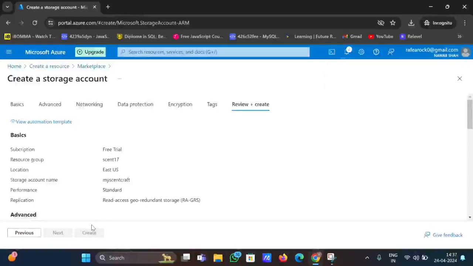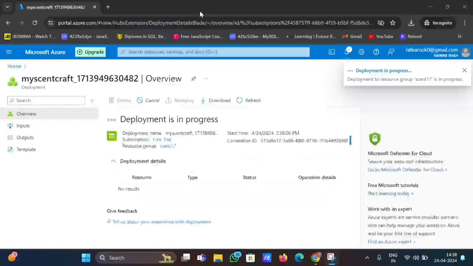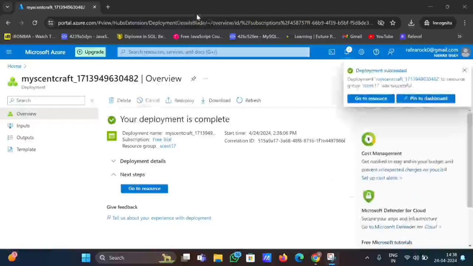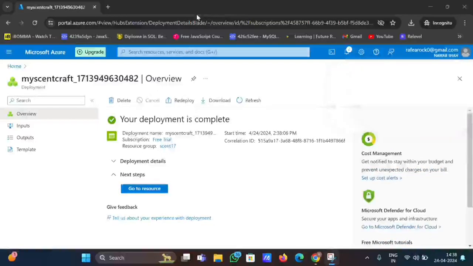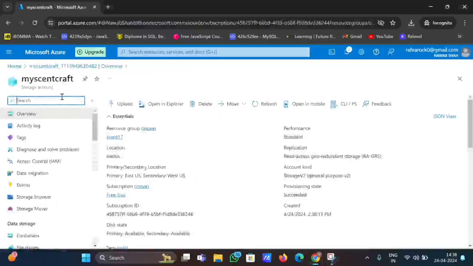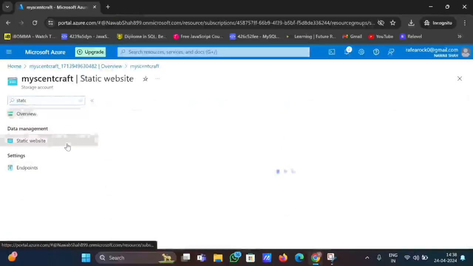It takes a few seconds to process. As you can see, deployment is in progress. As you can see, our deployment is completed. Now go to resource. Then in the search bar, search for static website. It will be under data management. Click on static website